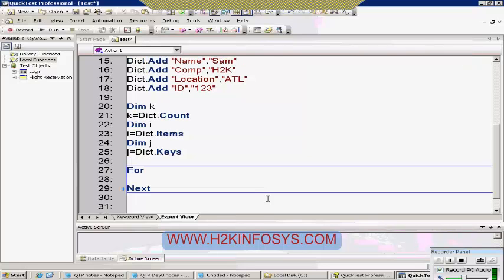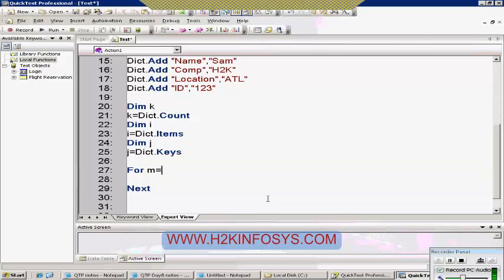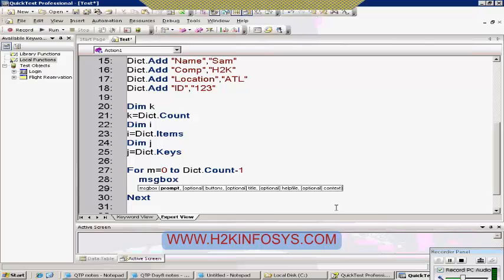So I'm going to write a simple for loop. Say for m is equal to 0 to, I'm going to put this count, right, because it's going to give me the number of items. So I'm going to say here dict dot count minus 1, and then I can retrieve the values, right? If you want, you can just put the message box,